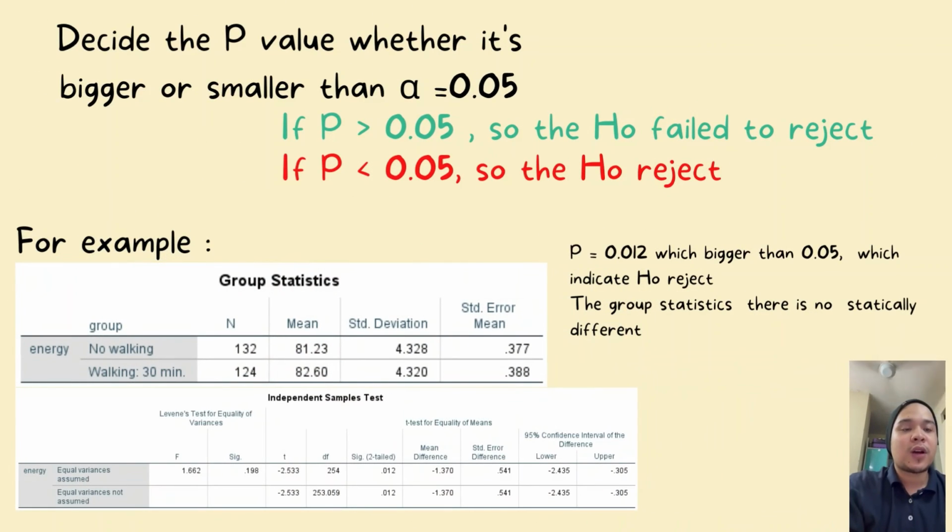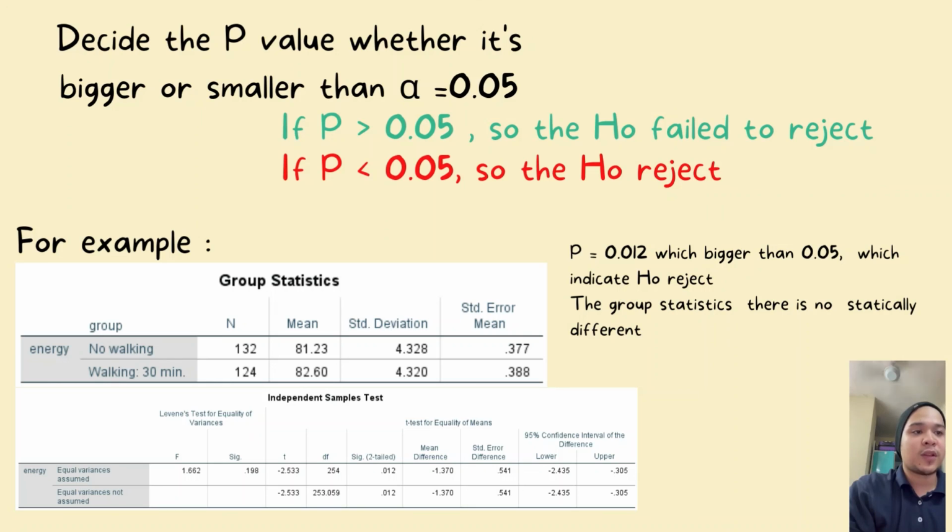After complete the 4 assumption, we will run t-test in SPSS and need to decide whether the p-value that comes up is bigger or smaller than alpha value, which is 0.05. If p-value bigger than 0.05, so the null hypothesis fail to reject, and if p-value smaller than 0.05, so the null hypothesis we reject. For example, based on the result of t-test show p equal 0.012,